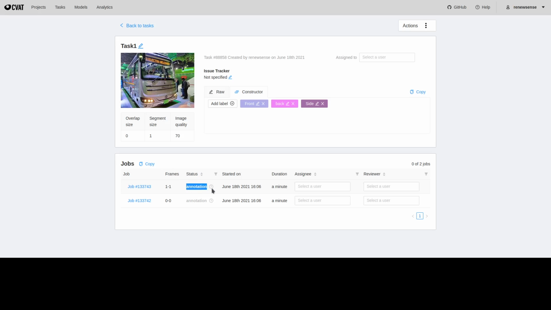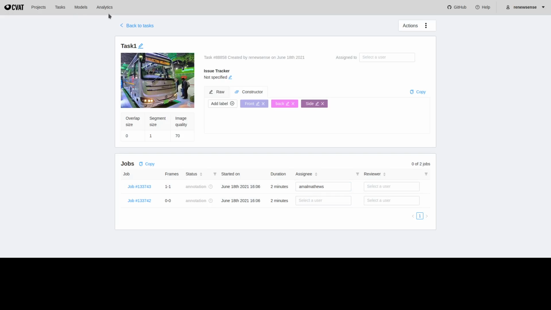And the status is annotation. We have 3 statuses: annotation, validation, and then completed. Annotation is when we are able to edit the annotation, and the later statuses I will show you later. And for the assignee, you can choose any user, to whom this job is assigned. For example, I can give my other username, that is Amal Matthews.